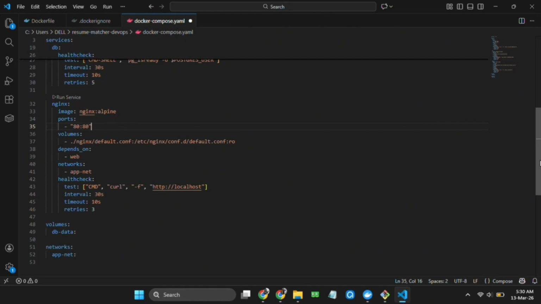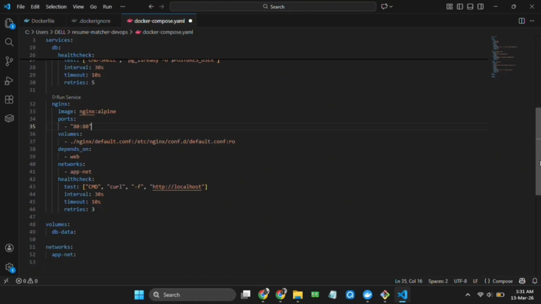So when the web service container is up and running and it passes health checks, then this Nginx proxy service starts. So it depends on that web. Networks, that is AppNet, which means it is connected to AppNet as a network. Health checks: this pings / every 30 seconds, which means it pings the root, that is localhost, every 30 seconds.